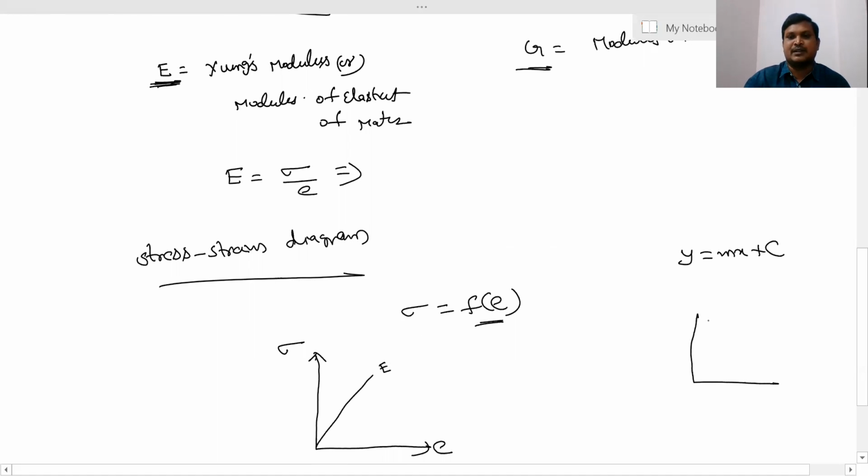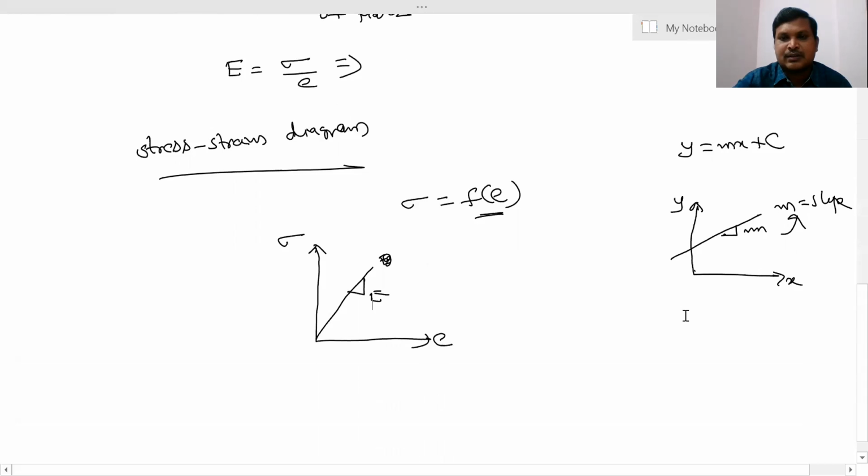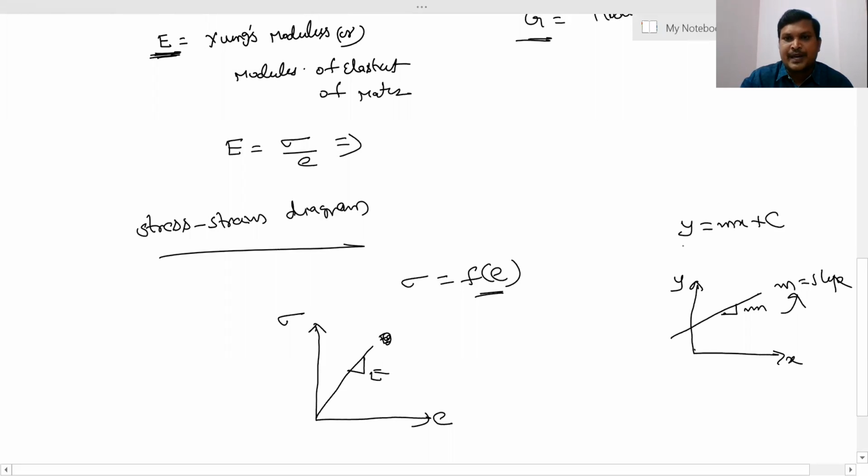How can we represent it? For example, this is x, this is y, and this is equal to slope m. m is the slope. Is it clear? Likewise here, E is the slope. So it's a straight line equation. On the y-axis, it's the same as sigma is equal to,